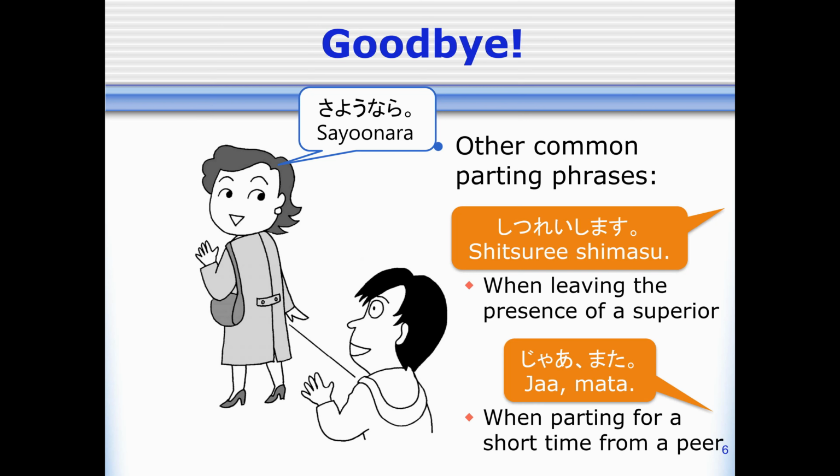So although these aren't written in the textbook, these goodbyes might be more useful to you. The first one is shitsure shimasu. Again, it's maybe a little hard to say, so let's start from the end. Mas, shimasu, shitsure shimasu. We use this when we're leaving the presence of someone of higher status. So for example, when you're leaving the classroom or leaving your teacher's office, this is how you say goodbye to your teacher. Shitsure shimasu. The other one is じゃあまた。